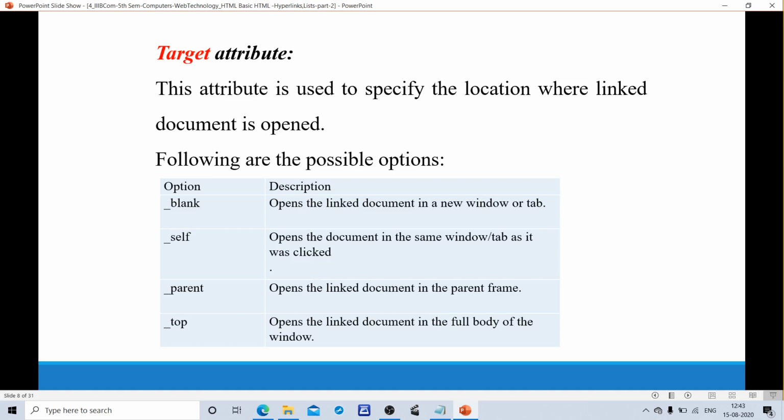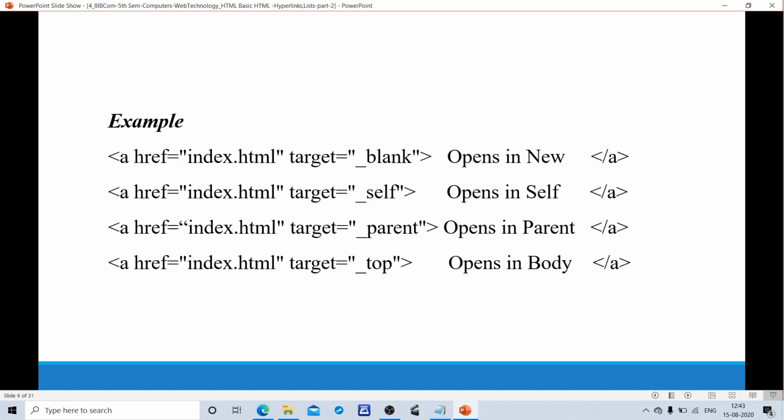Self opens in the same window where it was clicked. Parent opens the linked document in the parent frame. Top opens the linked document in the full body of the window. These are the target attribute values. If I place blank: a href equals index.html, target equals blank.